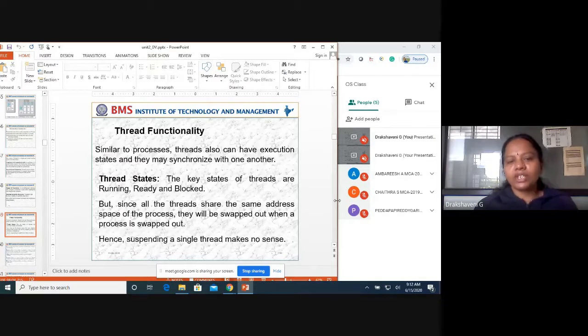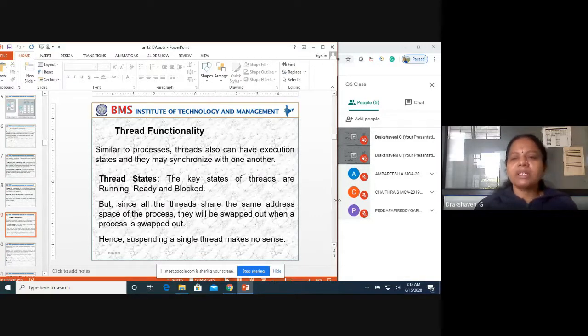The key thread states are running, ready and blocked. Just as we have a process control block, here we have a thread control block or thread states. So what are the different states of a thread? We have running, ready and blocked.